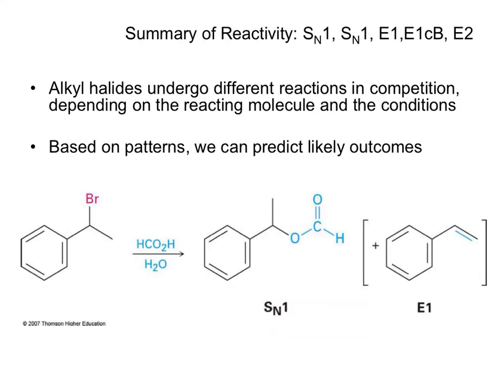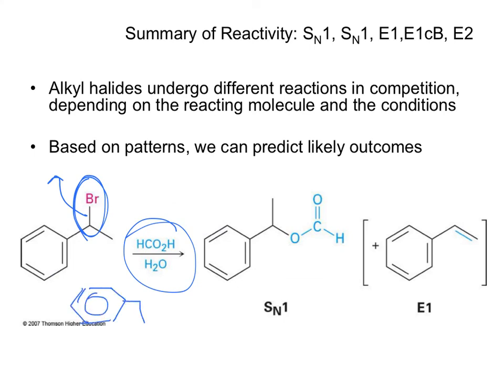So, long story short, if you were given a bromine at the benzylic position that's being treated with formic acid and water, notice protic solvents, poor or weaker nucleophiles, but then you also have the benzylic position, so you can show the loss of that bromine so that you generate a carbocation, and so it will go through an SN1/E1 type of reaction mechanism, and so your two possible products